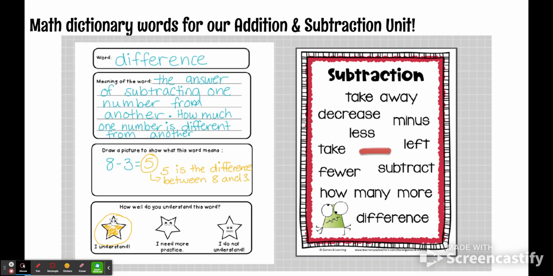All right, crew. So what we're going to do after this is you are going to get started with your own math dictionary today. Hopefully you've liked seeing the different examples here, and maybe you've even thought of some of your own ways of how you're going to describe and use and set up your math dictionary. Either way, I can't wait to see it. I can't wait to see how